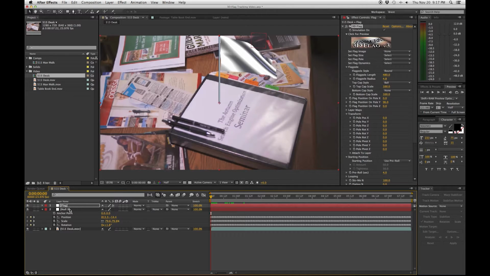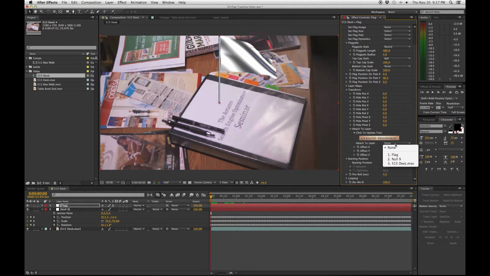To attach it to this null, we have to go down here to Attach to Layer under the Transform. Attach to Layer, we'll twirl that down. We need to pick the layer that we're going to track to. So null 9. And you can see it jumped, kind of went off screen there, but